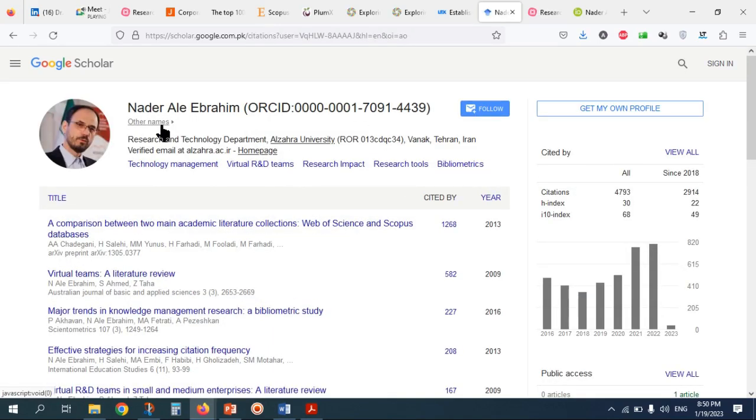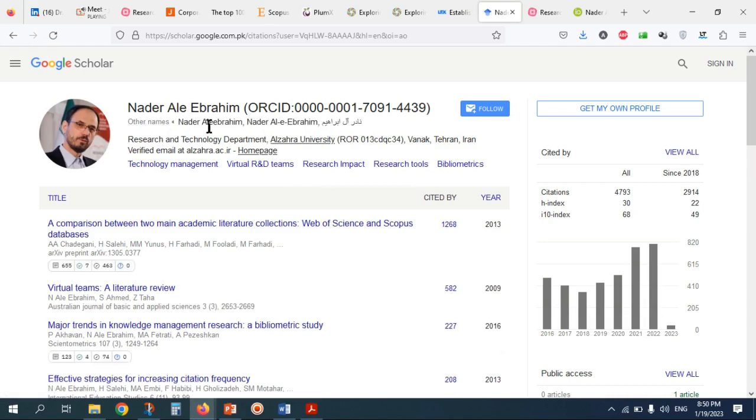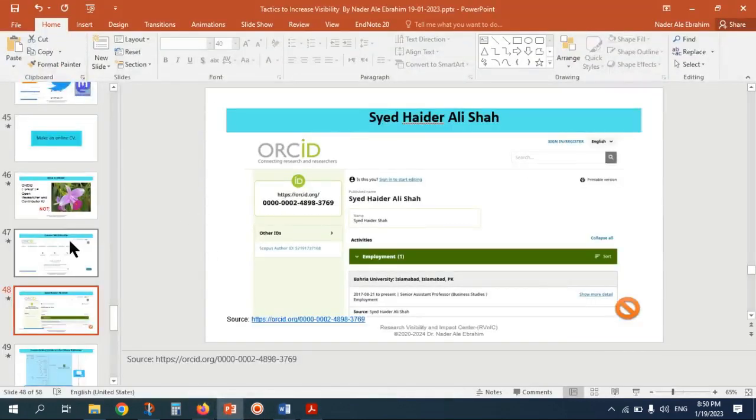Here it mentions other names, because somebody may write it this way, or put a hyphen between, or search in my mother tongue language. Dr. Haider should also do the same thing: complete your profile in ORCID, which is an online CV, in Google Scholar and so on.